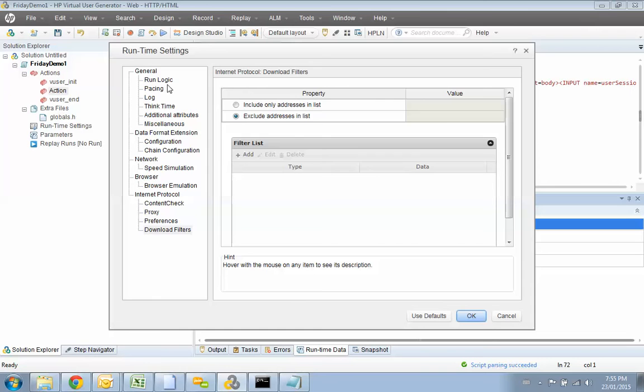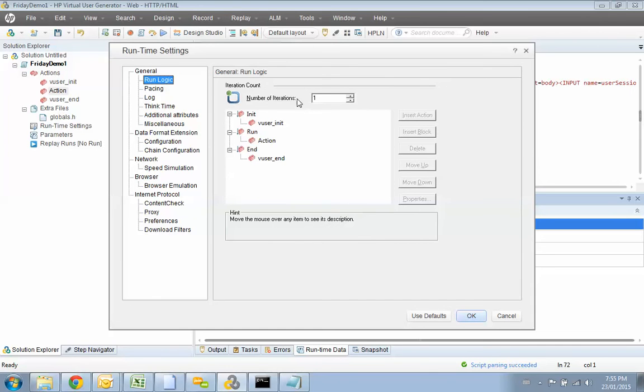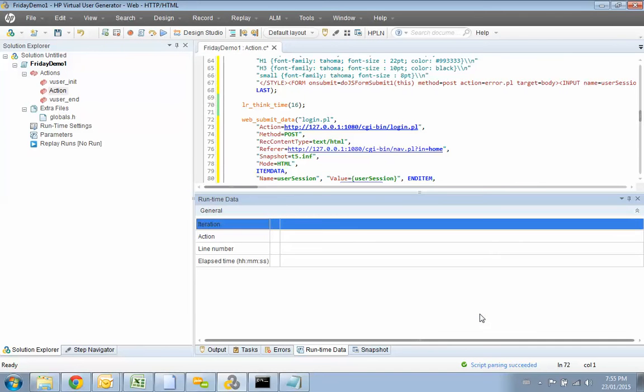So iterations, is it run? Yes. So you click on run logic, and you say number of iterations you want it to run 3 times. So right away it's going to run the action script 3 times. Okay, so let's press the OK. Now let's run the script. Let's see what would happen. So if I press play,